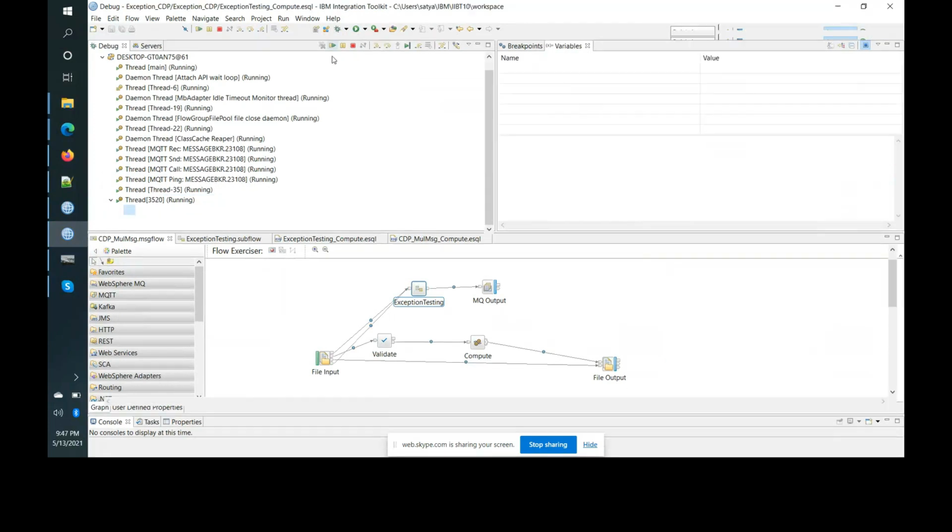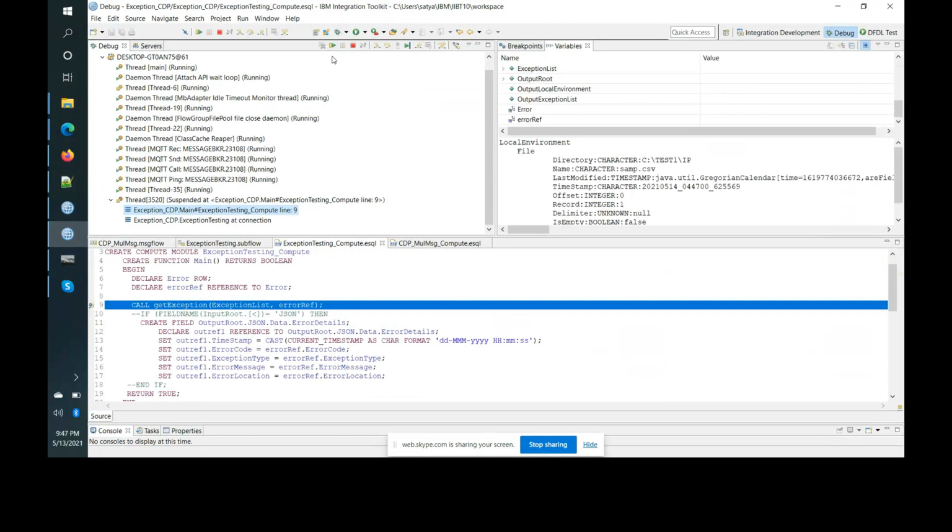Continue. Press step over button, that is function button plus F6.